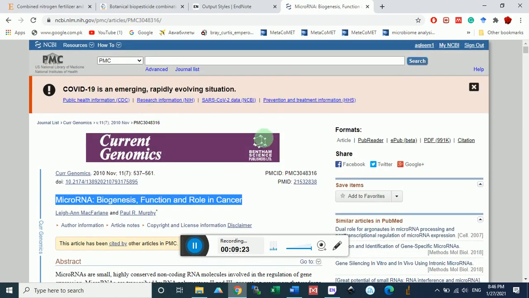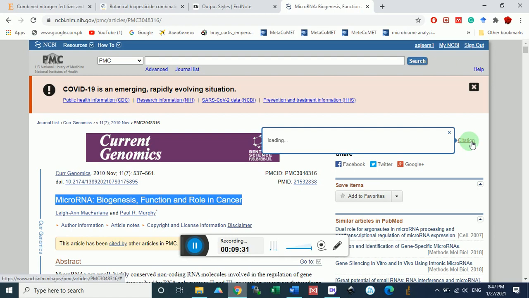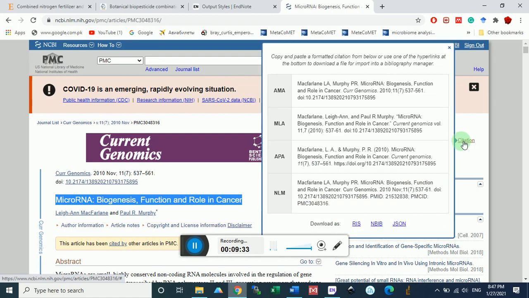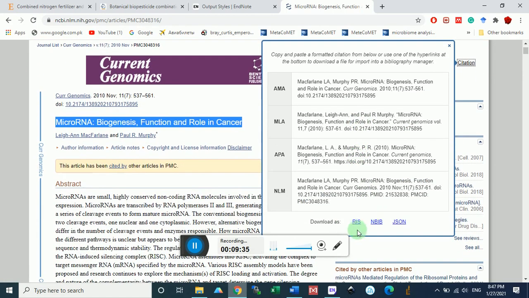What will I do? As you can see on the right side, here is the citation. When you click the citation, please wait. When you click the citation, you can see RIS. RIS means Research Information Systems format. When I click this,